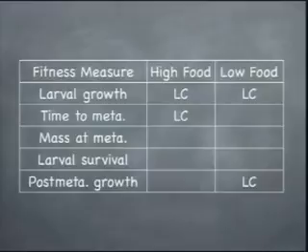And they did that in a high food environment. So the two different situations that they looked at the offspring in were when you gave the tadpoles lots of food versus just a little bit of food. They looked at two different circumstances. But you can see in this case, that anywhere you see LC is a case where there was a significant difference in that particular quantity. And notice it's always the long call ones that are better. You don't see some cases where short call was better, some cases where long call was better. It's always the long call.